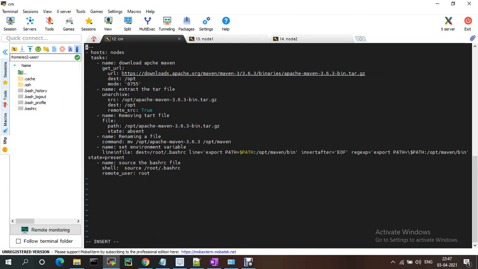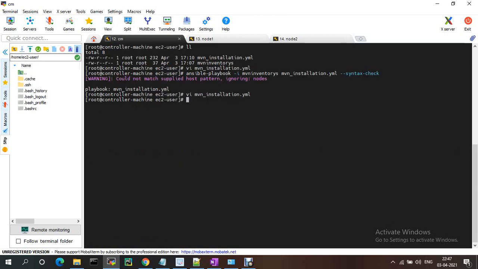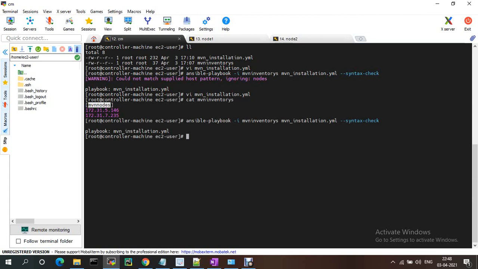Here my group is maven nodes, right? And if you check the mvn inventory, the group name is maven nodes. So if you check now, it should be good.